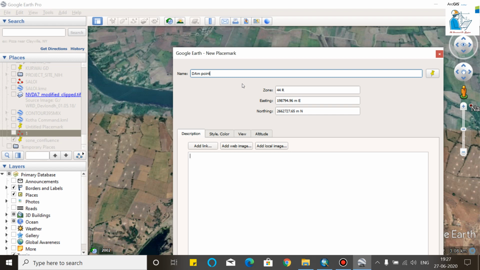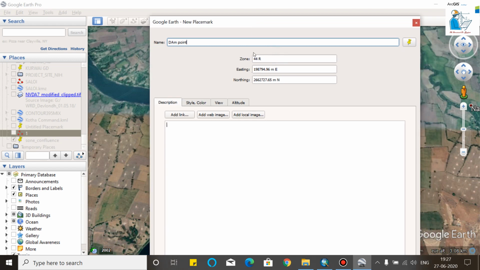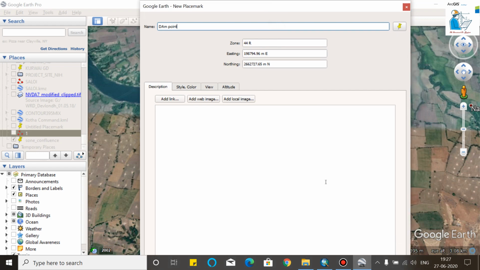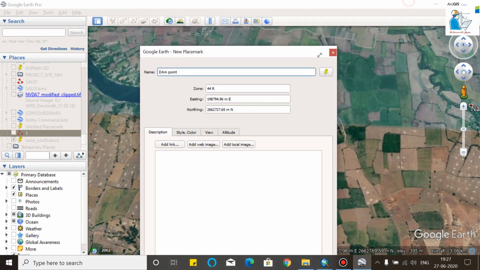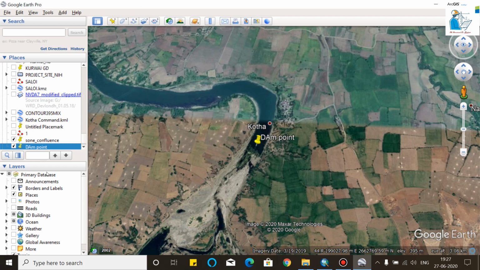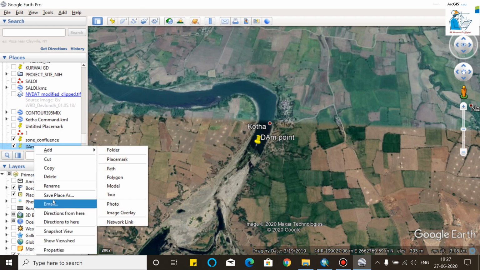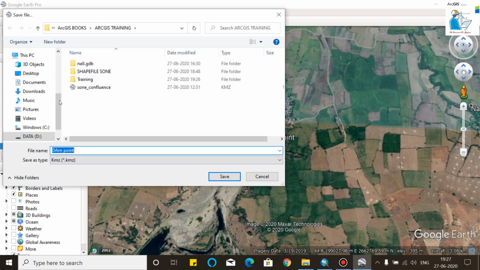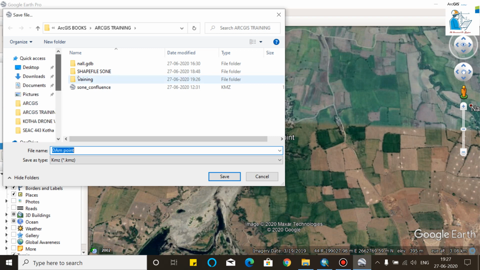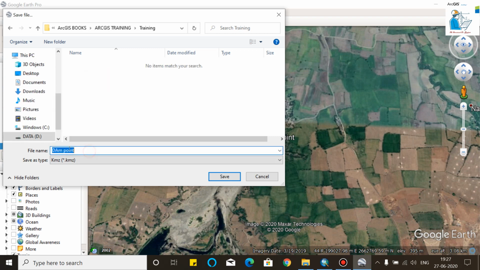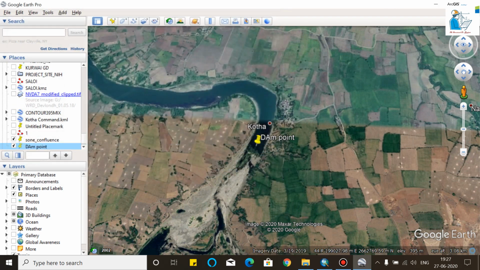As you can see, the zone is 44R. This is important. Click OK and save the place in that particular folder as dam point.